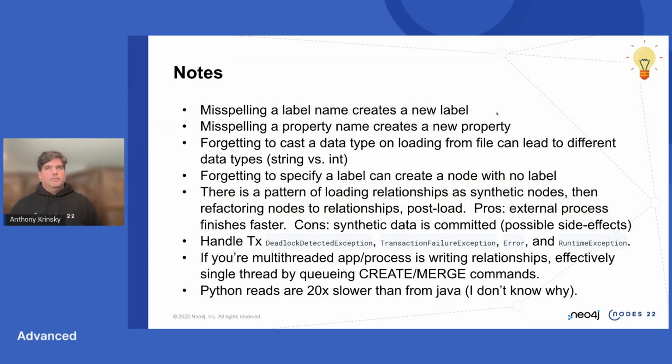Obvious stuff. Misspelling a name creates a new label. Misspelling a property creates a new property. Forgetting to specify a label can generate a node with no label. There's a pattern out there. We talked about the orchestration of instead of creating nodes and then relationships, you can refactor relationships as nodes. Basically create a synthetic node with a property source, source node identifier, target node identifier, property, and so forth. That would allow you to very quickly and in parallel put all your relationships into Neo4j, but